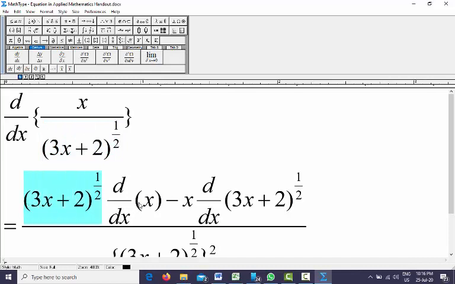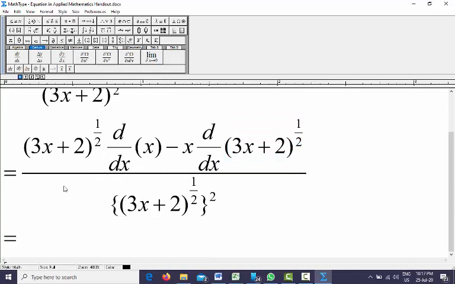And then you should do differentiation of whatever you have in the numerator. And because you are applying the division rule, you should write a minus there. Then whatever you have in front of d by dx should now go behind d by dx, that means these x should be written first, and whatever you have behind d by dx, you should bring in front of d by dx. So this is the division rule of differentiation.